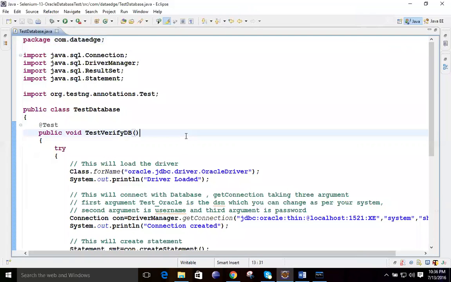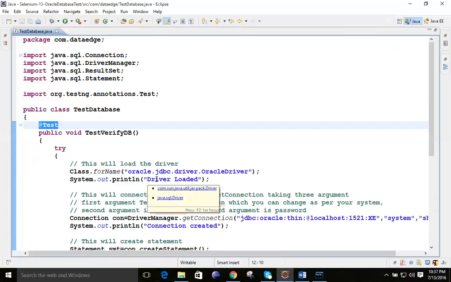If you don't give that @Test, you can give over here the public static void main, and all the things will be the same.